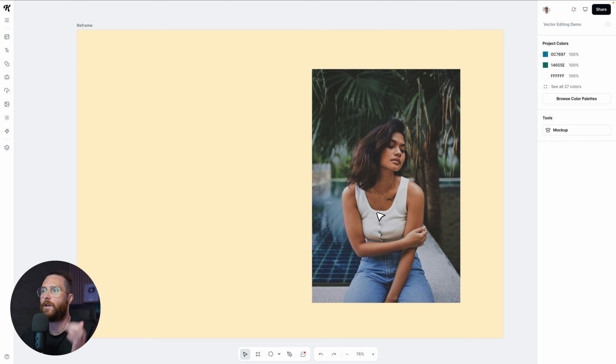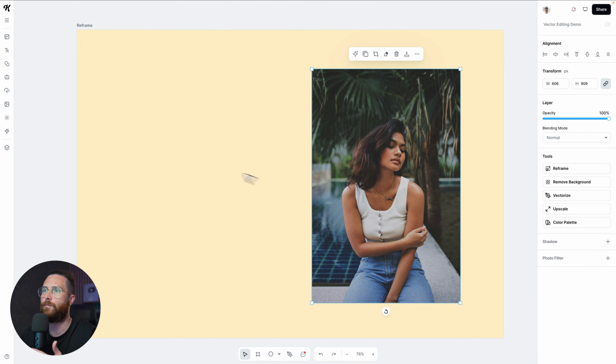So I have this image, this really nice portrait. I love the styling of this. There's some grain in it. I love the colors. It's very desaturated, very nostalgic. But let's say that this might be a jewelry ad, or that this person is modeling this jewelry right here. And I really love this image. It fits the motif, the vibe of our brand, but I can't really put any text around it. There's not enough space up here. I could put text over it, but it's just not going to work as well as if I had more